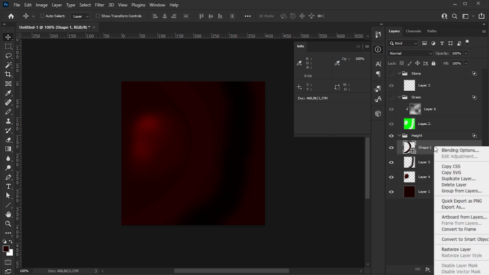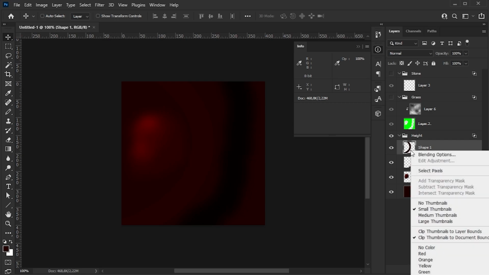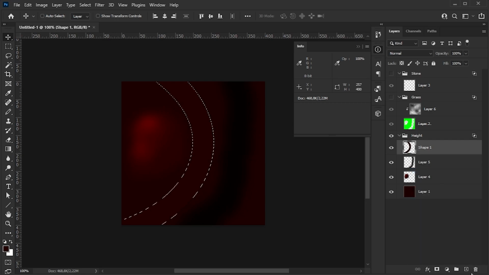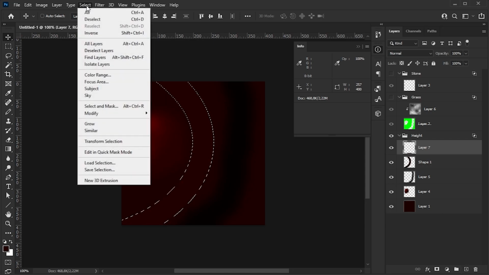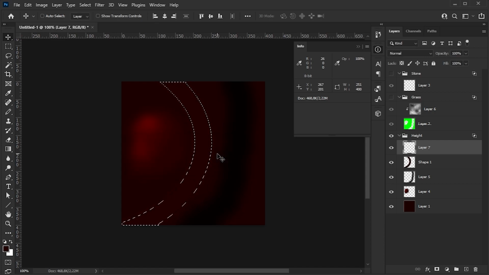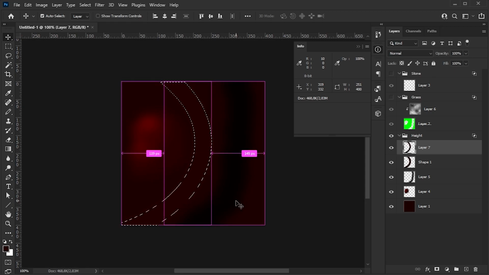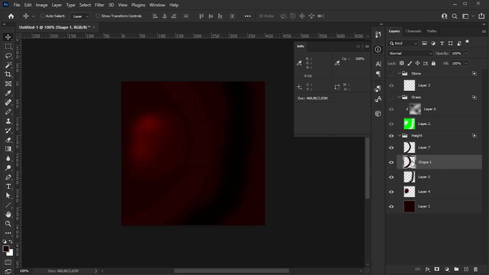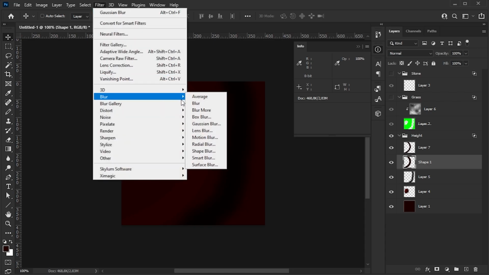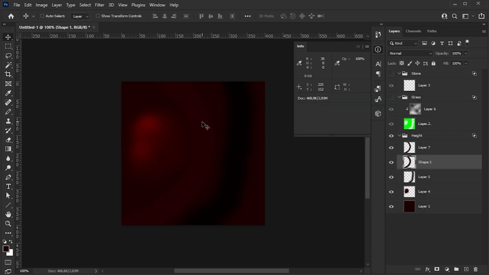Now I rasterize the line path and make a selection based on the line I just created. I create a new layer in the height group and contract my selection slightly. This will become the actual road surface on top of the road bank. I set my color to red 35, one value increase from the red 34 I used for the road bank, and fill my new layer. I select the road bank layer and blur it slightly to get a nice sloped raise in the road bank. Let's take a look.